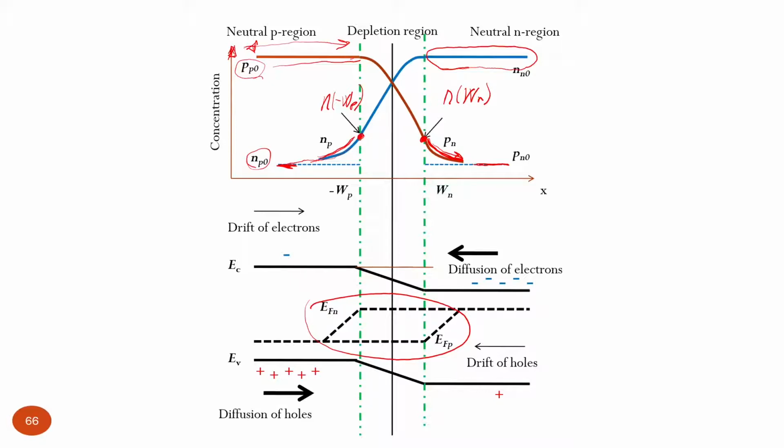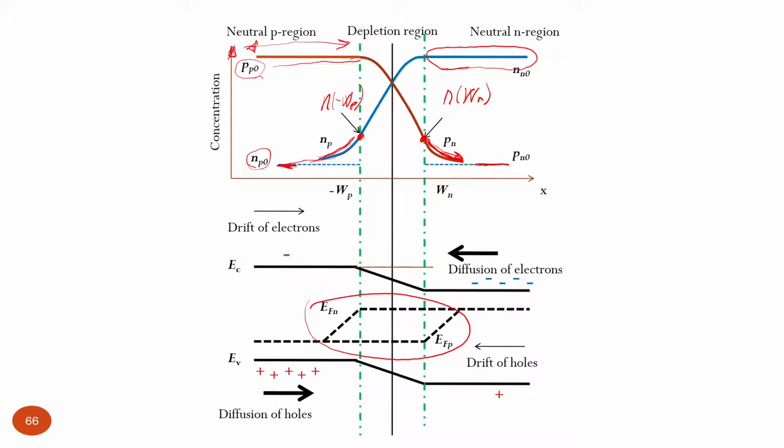But if we apply reverse bias, you will see that it's actually opposite. We facilitate more drift current of minority charge carriers, and we will extract them from the neutral regions of the p-n junction. It means that the concentration next to this depletion region with strong electric field will be smaller than the equilibrium charge carrier concentration. But that will be a bit later. So now we have